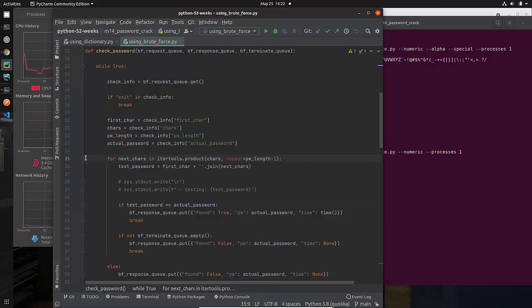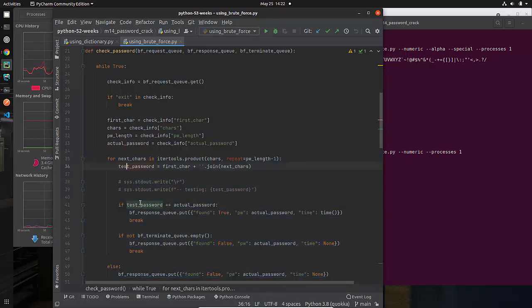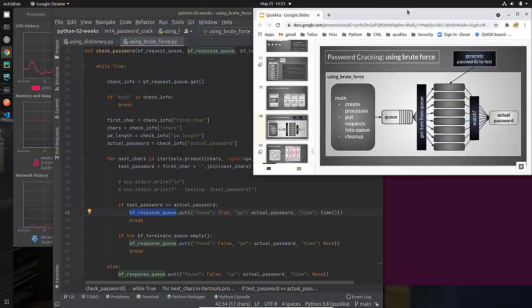So this is my activity, this for loop, which actually has an else on it. If I find it, then I send a message on the response queue. Remember, we talked a lot about the request queue. I actually have a response queue, and that is what the main program is going to listen on. I don't have that shown here, but there's a response queue. It is going to listen for responses.